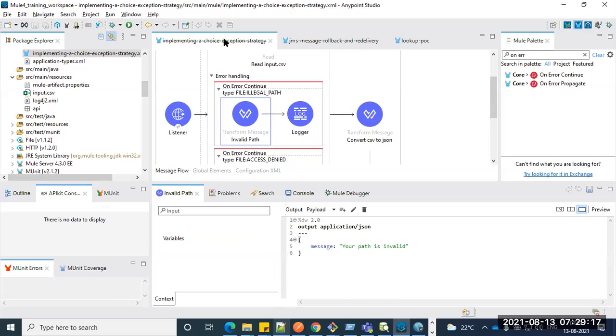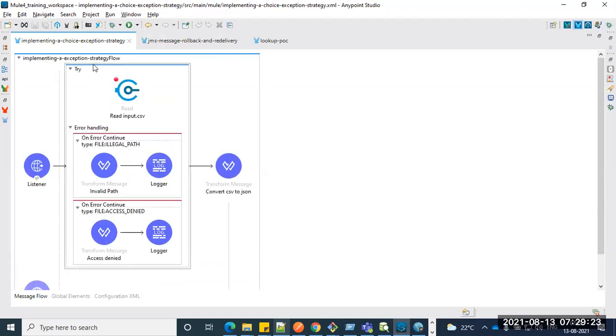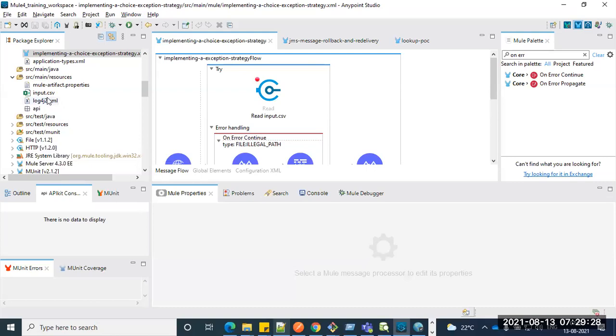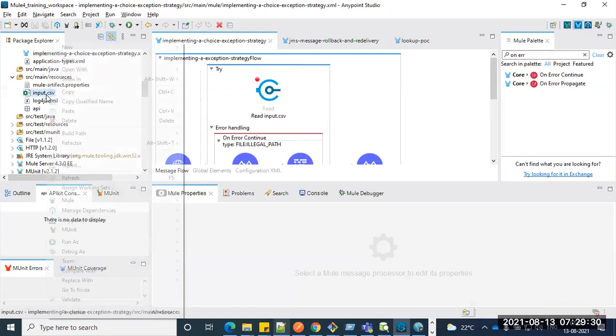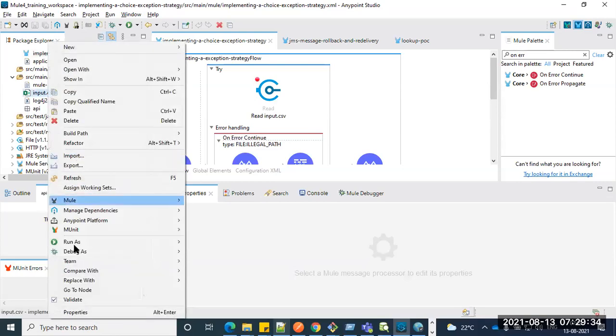So when this occurs, guys, you get access denied. If you remove the permissions on this particular file, which is kept inside src/main/resources, you can try it.